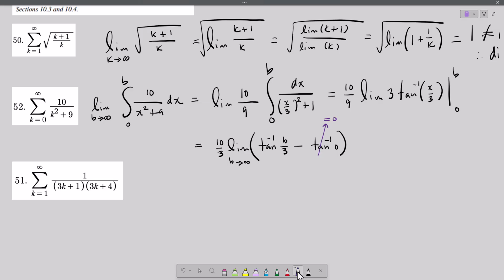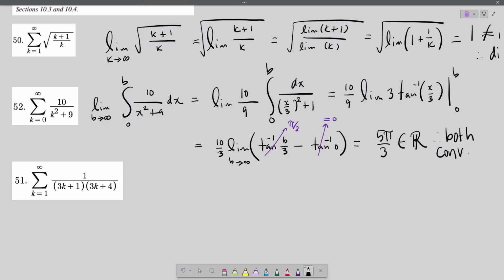So what is the limit as b goes to infinity of this arctangent piece right here? Where does this go? Pi over 2. Arctangent has a horizontal asymptote on the right at pi over 2. So our answer here is 10 pi over 6, but the 2 cancels, so we get 5 pi over 3. That tells us that the improper integral converges. This is a real number, so it's an element of the reals. And if that's a real number, therefore both converge. So that series converges,